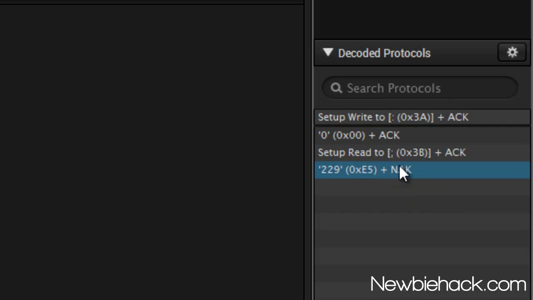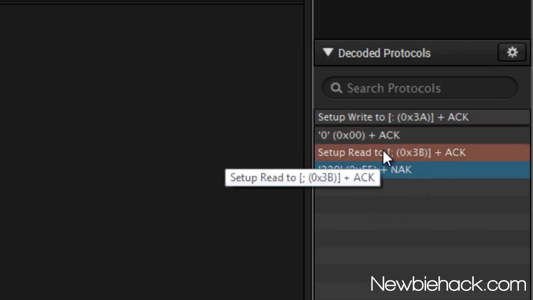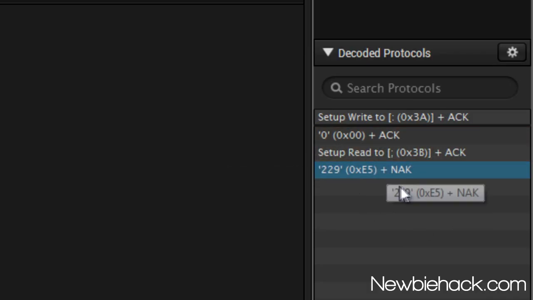So you got to be careful with that, just in case the state machine is in a non-volatile state on the ADXL, which means that the program running on that actual chip is in non-volatile memory, which won't be erased when you unplug it. So you want to make sure that you have a NAC and a stop at the end,